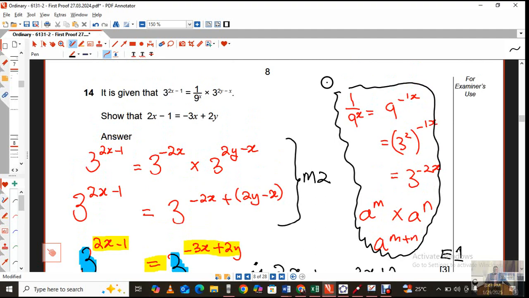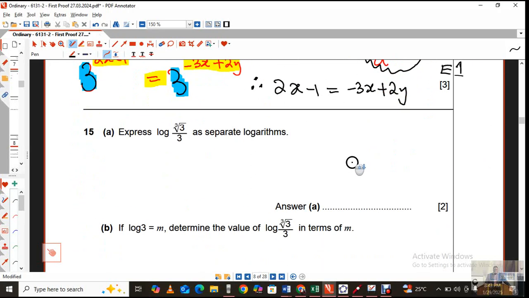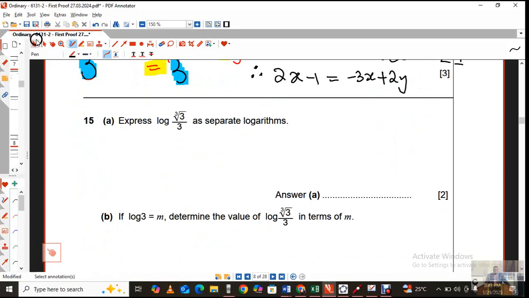So this one, I will just call it my side work. Please remember that you are not to write on this margin here because this is where the marks are all located. And this is a 3-mark question. Good. When we come to question 15,